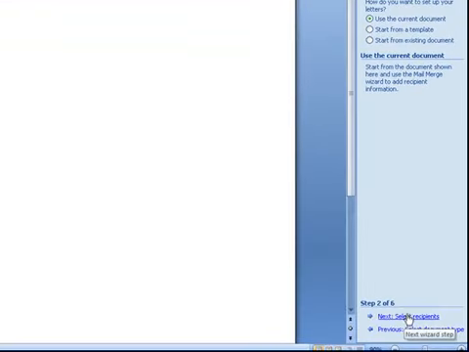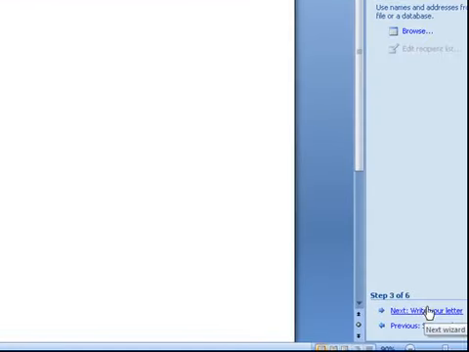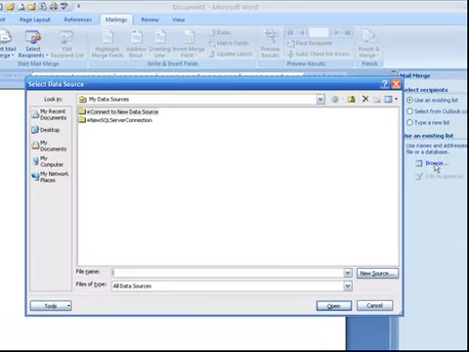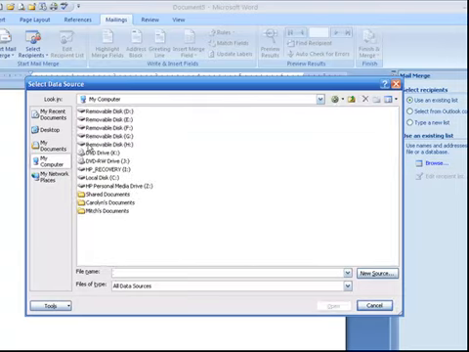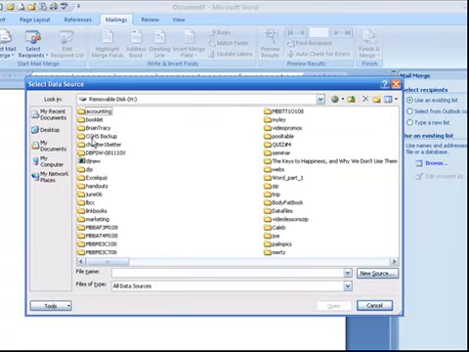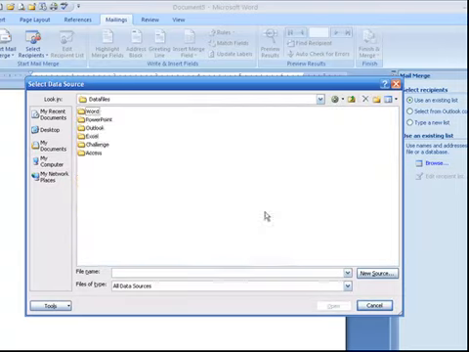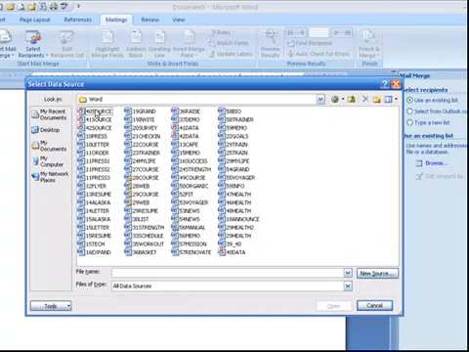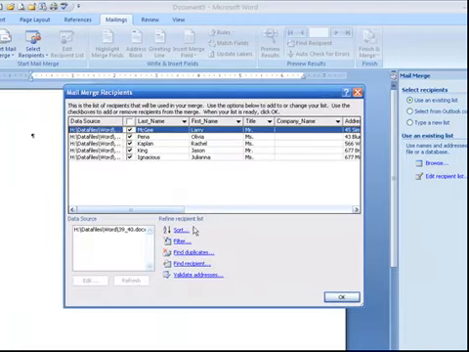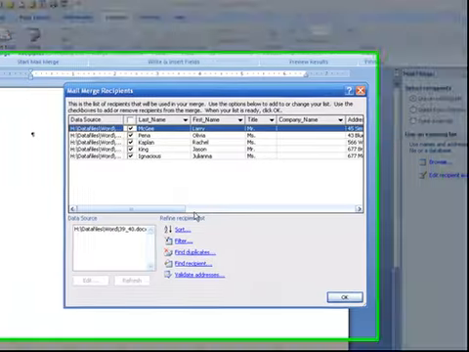So that's step 2. Now it's asking you to select the recipients. This is where you go find the document in which you have your people listed. So I'm going to hit Browse, and you of course need to know where it is. Mine happens to be here, and it happens to be here. I put them in data files in Word, and I'm using this document here. And when you hit Open, it's going to give you a preview of the people that you're going to have